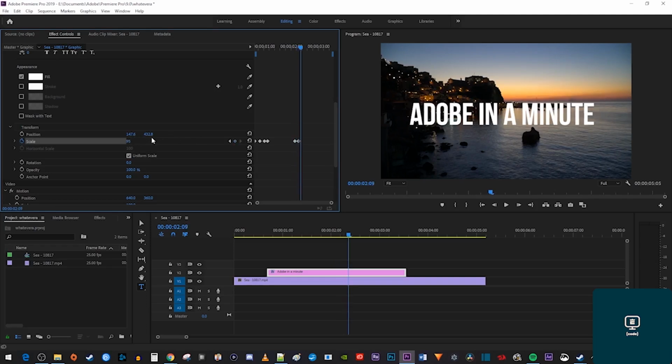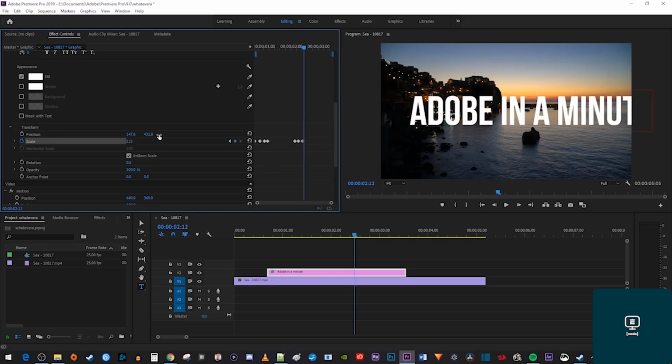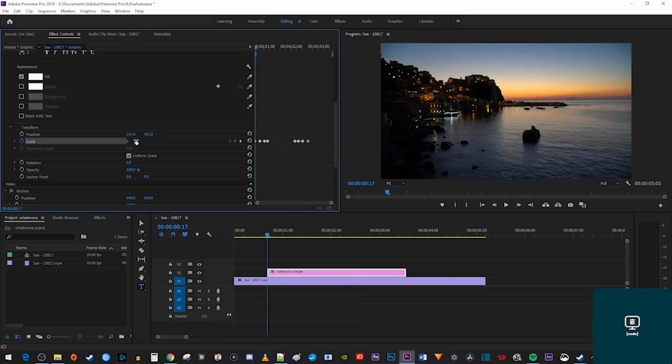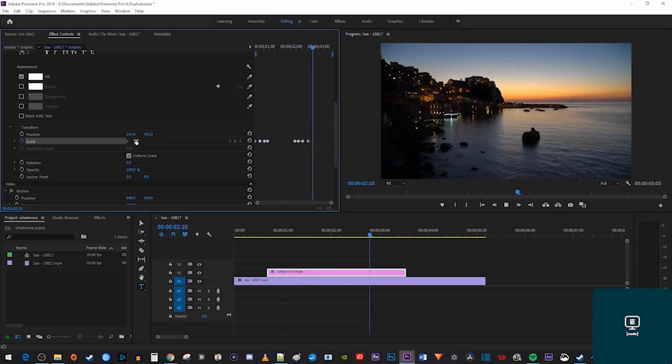Press the right arrow key on your keyboard 4 more times to move the time marker forward 4 frames. Change the scale to 125 to create a 7th keyframe. Finally, press the right arrow key on your keyboard 5 more times to move the time marker forward 5 frames. Change the scale to 0 to create an 8th and final keyframe. Okay, now when I play this back, my text pops in and then pops back out when it hits my